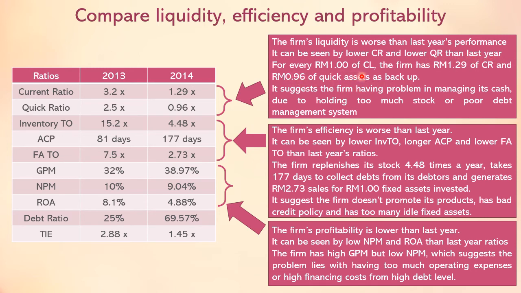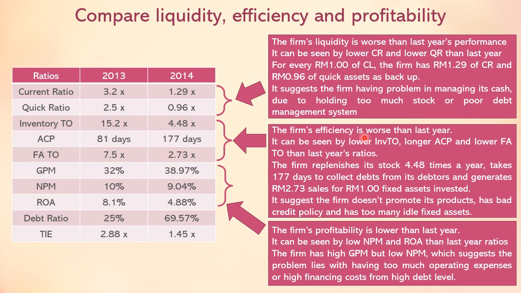So for every 1 ringgit of current liability, the firm has 1 ringgit and 29 cents of current assets and 96 cents of quick asset as backup. It suggests that the firm has problems in managing its cash due to holding too much stock or poor debt management system. Right? When you talk about efficiency, you take all three ratios here and compare it properly,